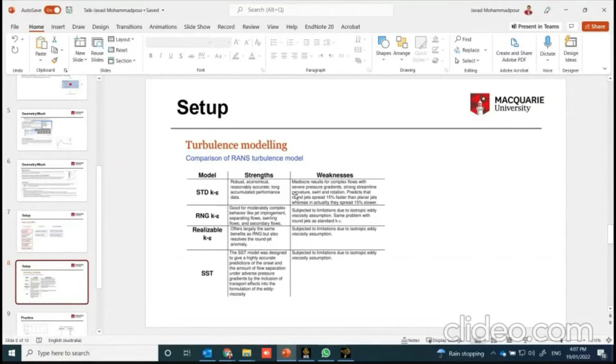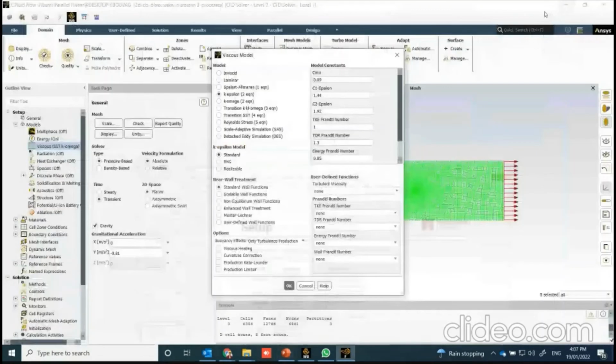If you get valid and expected results, then it's okay. You can stick to that and run your simulation with, for example, RNG k-epsilon. So it's your responsibility, it's your task to select and choose your turbulence model. Here, just as a practice, I select, for example, the standard k-epsilon, and the other one is